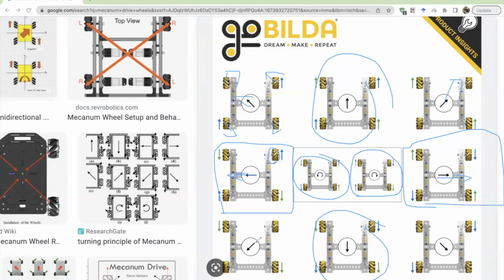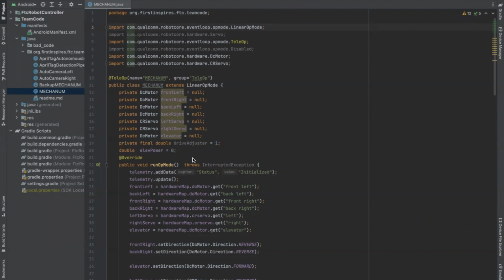And pretty much no matter what rotation you're in, you can go in any direction, which is really useful, especially in a competition environment like an FTC competition environment. Oftentimes we have to go through really small spaces and do some really interesting maneuvers. But because of the complexity of these wheels, coding these wheels can sometimes be a bit of a struggle. So here's the code that my team 8617, Techno Tigers, based in Melbourne, Florida, uses for our Mecanum